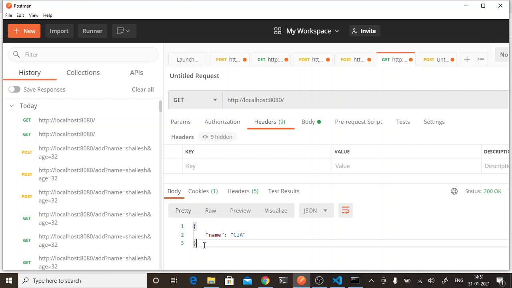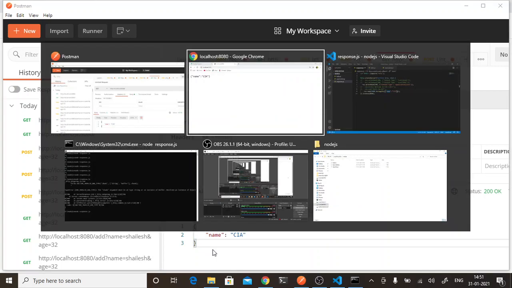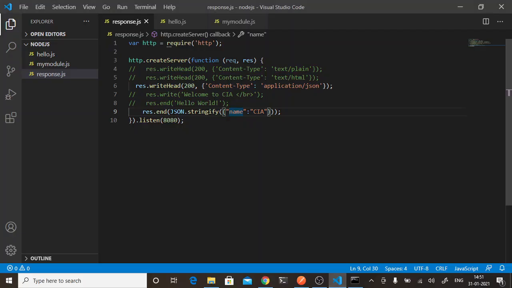Here it is coming as JSON because we have passed an object. But here we are showing it in the form of a string by converting it with the function JSON.stringify.